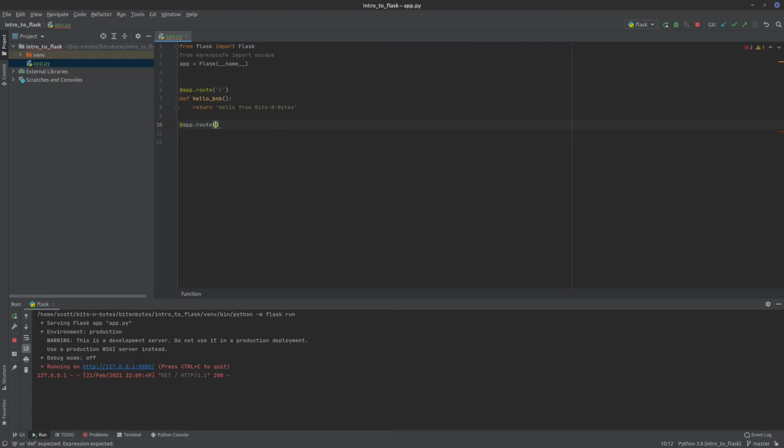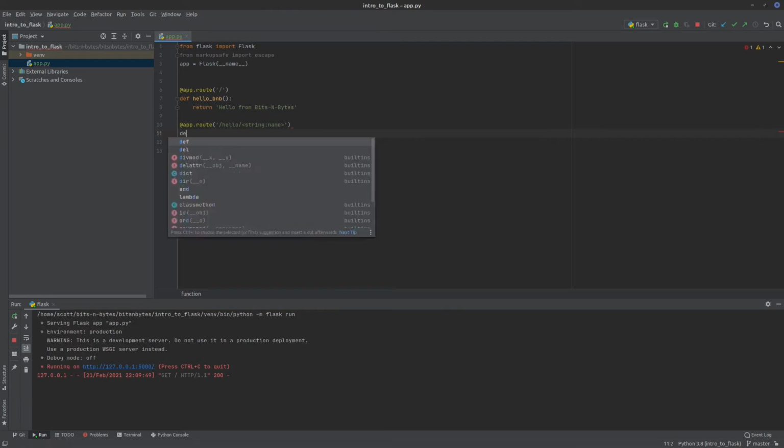Route, and we'll give it a new route name, and we will say, let's do something like hello. And now we're going to define a variable for a URL. So when I call the URL, I can type in a parameter there, and it's going to use that parameter inside the method that we define below. So when we do that, I'll do a slash, and then we can define the type that we want it to be. In this case, we're just going to say a string, and then we'll say something like name.